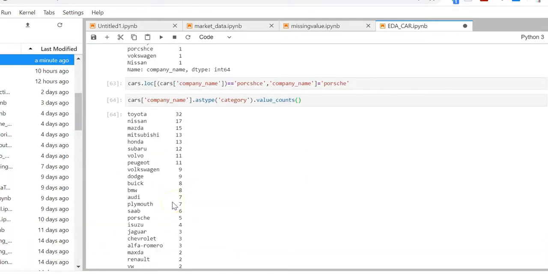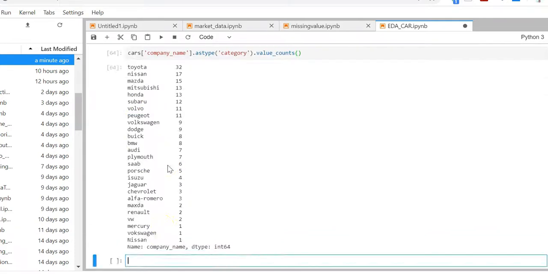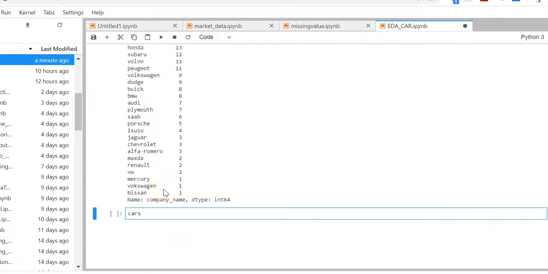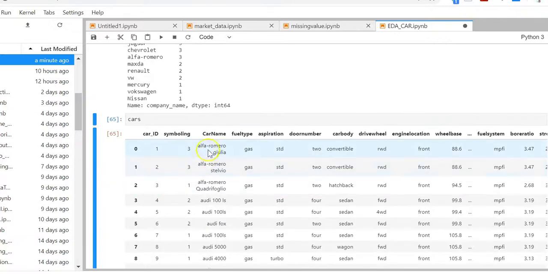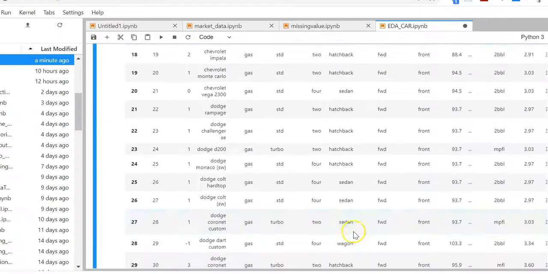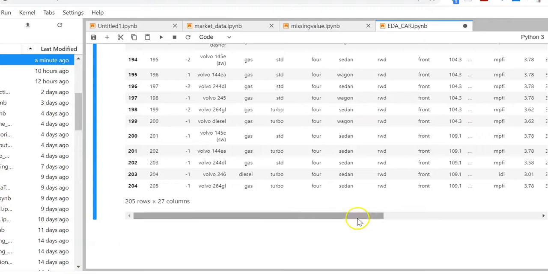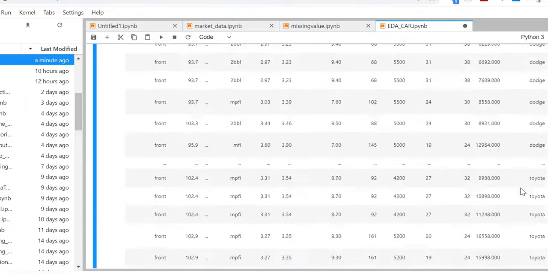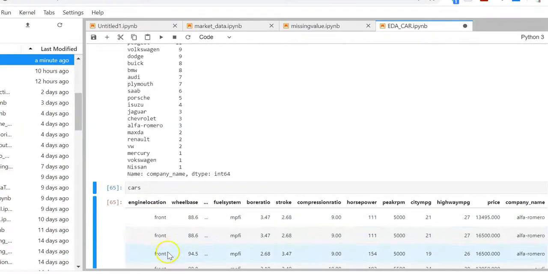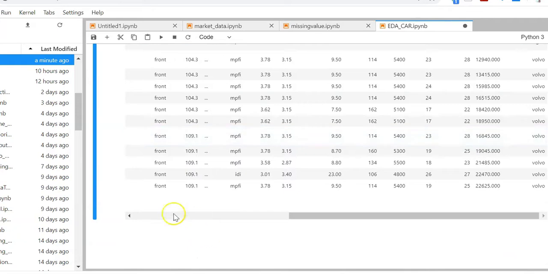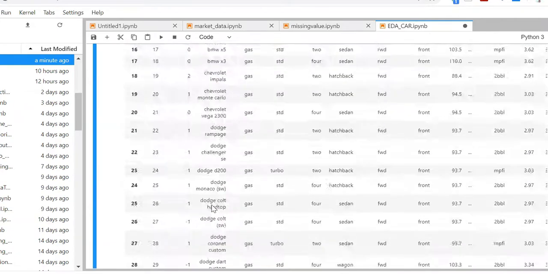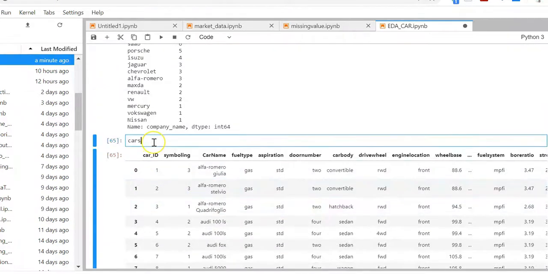Once you have replaced all the misspelled names, then we can drop the car name, because this is no more useful, and we already have the company name of the car at the last column. So we'll simply drop this one. Now to drop, I can use a drop function.